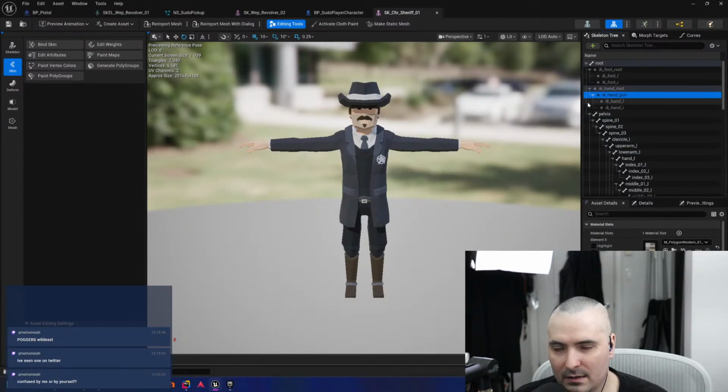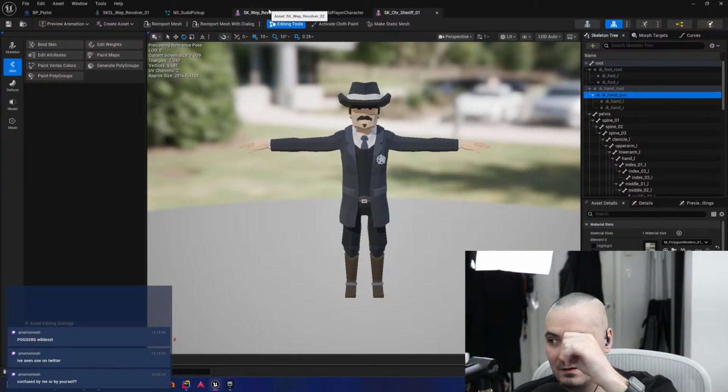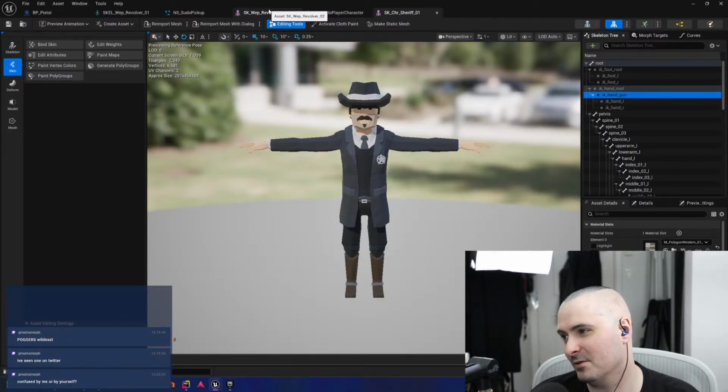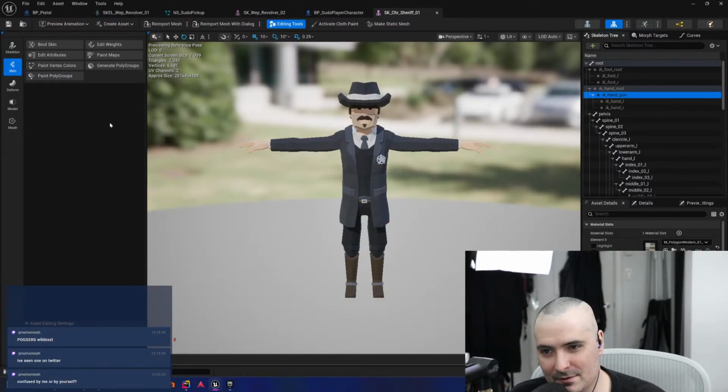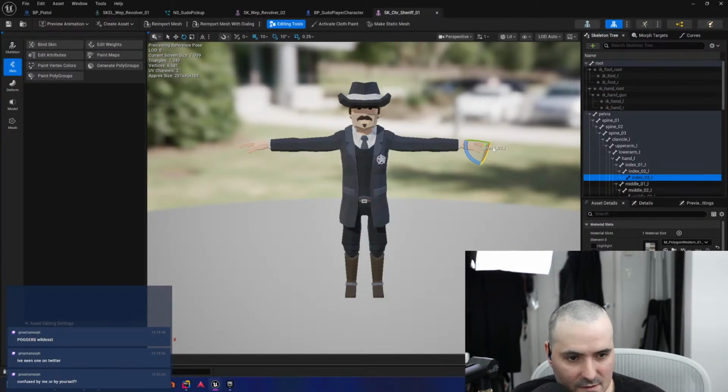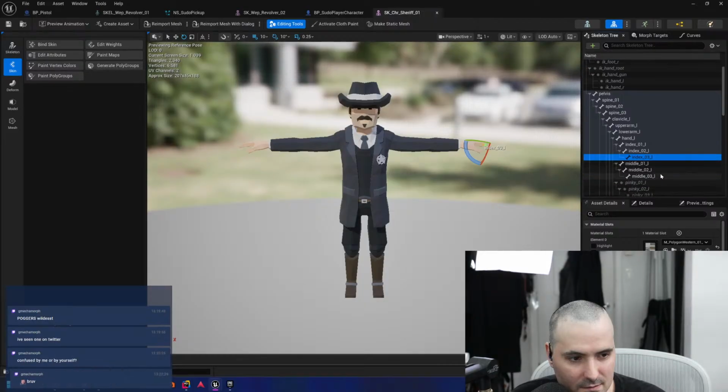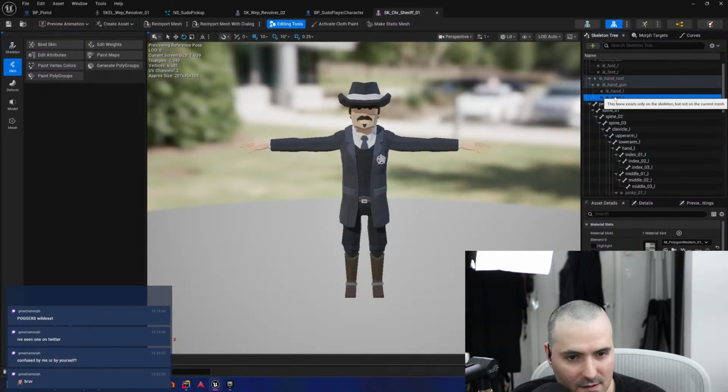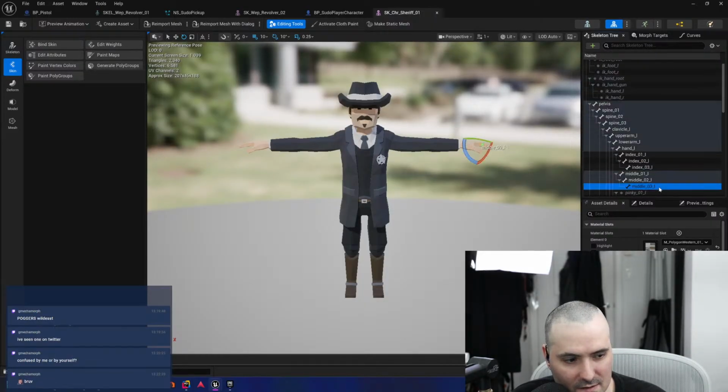That's not a socket. Cool. Perfect. Confused by me or yourself. It can be both. It can be absolutely both. Here's our hand index. These aren't showing up because they don't exist.